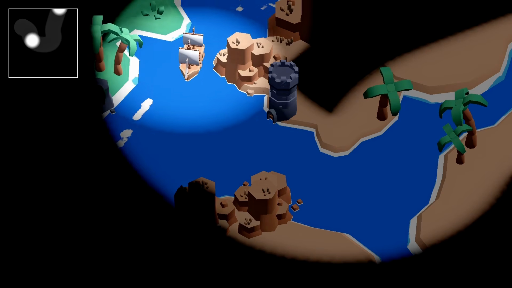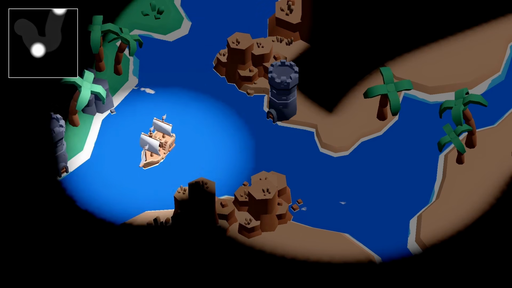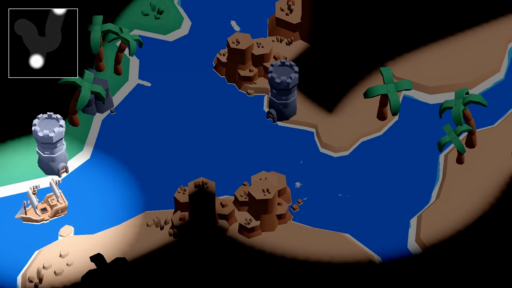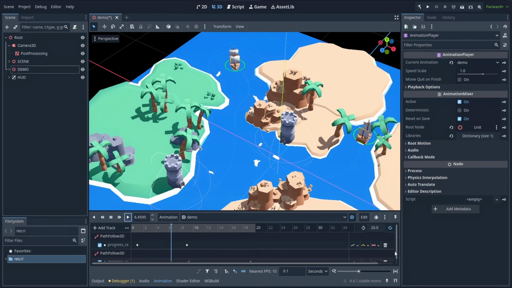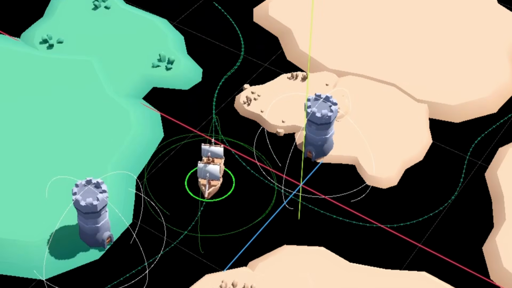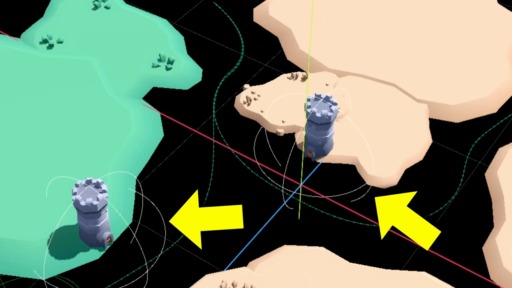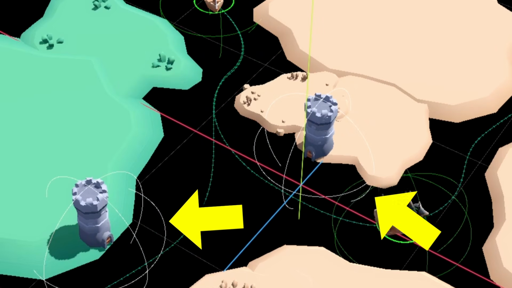And to wrap up this tutorial, let's quickly see how to add one last mechanic, the building or object reveal, as soon as they enter a unit's field of vision. Now, if you want to make this feature, a basic approach you might try is to give your units and the objects to reveal some 3D trigger areas so that you can check if an object suddenly is close enough